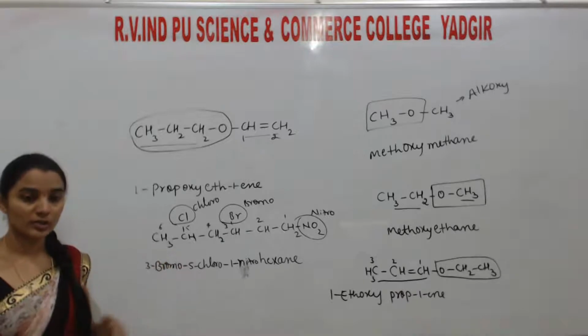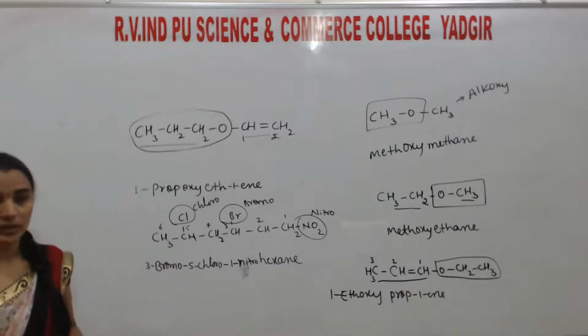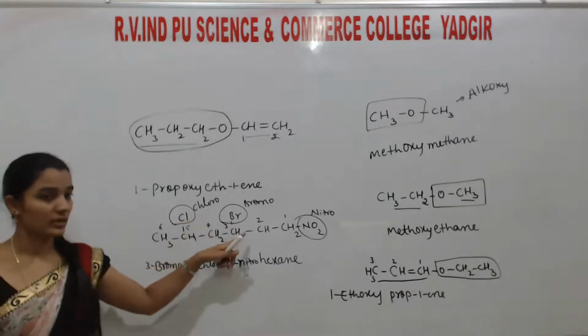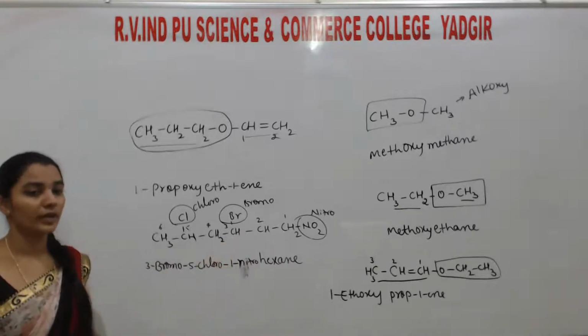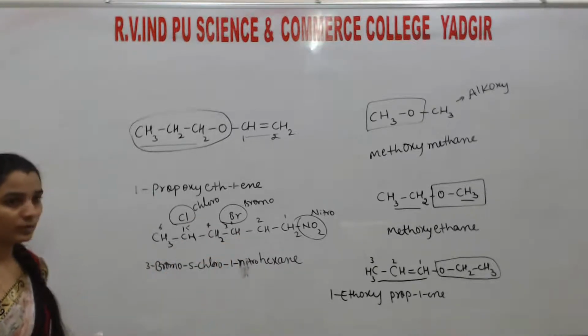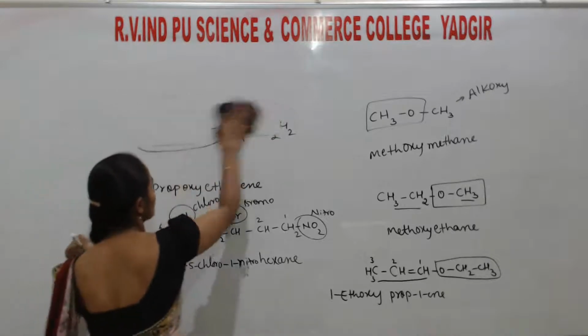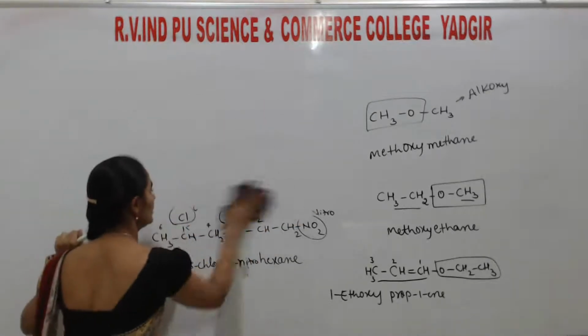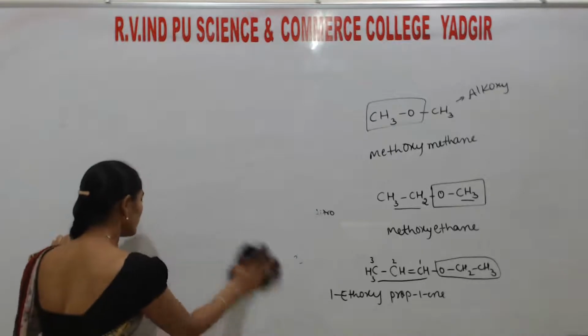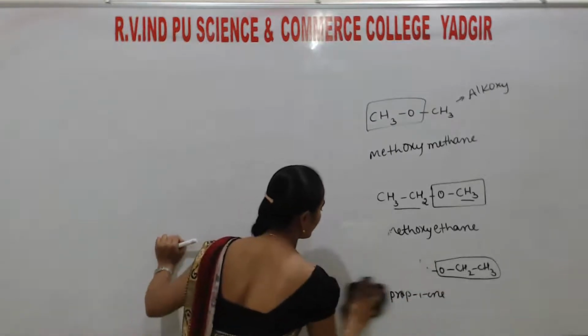If 2 or more functional groups are there. Understand? Here both are halogens. Then what do we have to consider? Alphabetical order. Understood? Next we will go to the cyclic compounds. In cyclic compounds, how we can